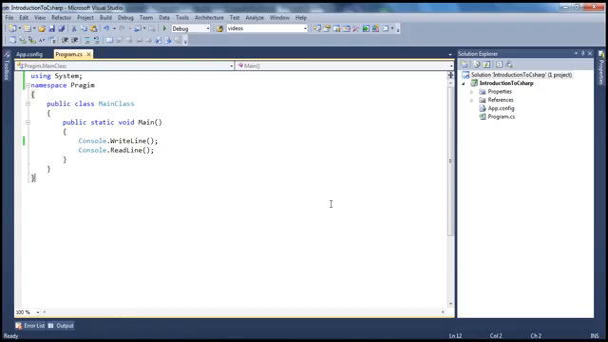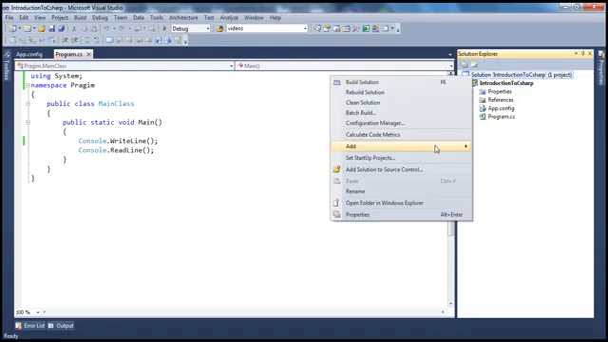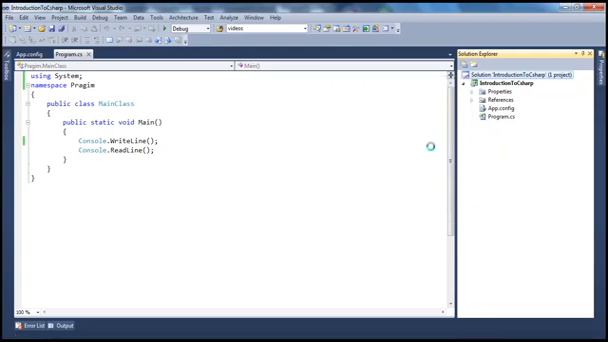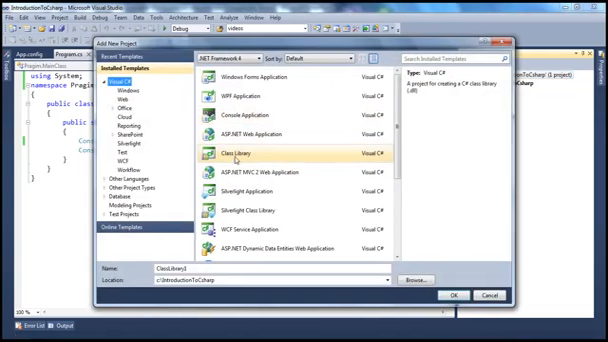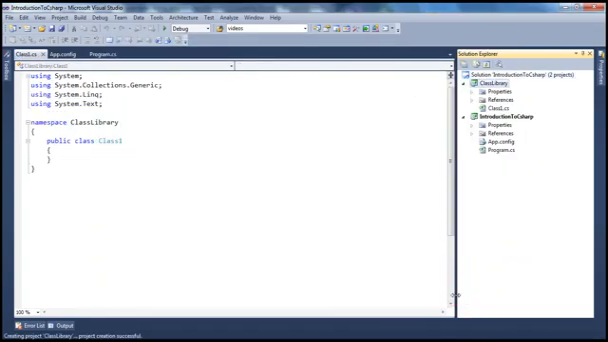I have a simple console application here. To this console application solution, I'm going to add another project. Let's add a class library project. Visual C# programming language class library, and let's call this class library. Click OK. So we have a class library project, and within this class library project I'm going to have a